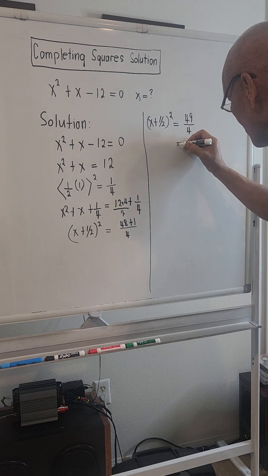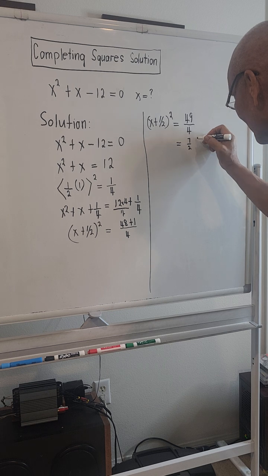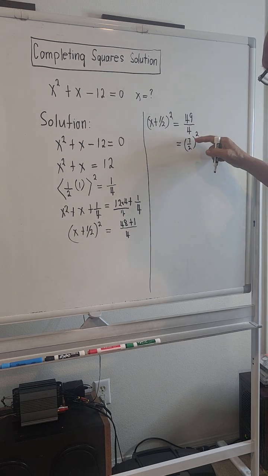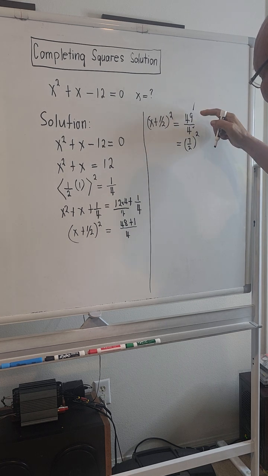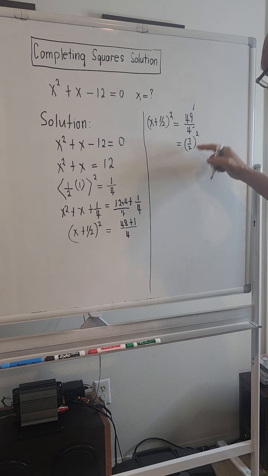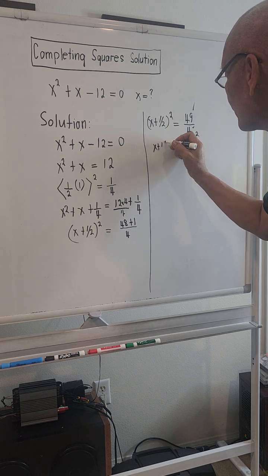Or this can be written simply as 7 over 2 quantity square. 7 squared is 49, 2 squared is 4. So the ratio 49 over 4 can be written as 7 over 2 quantity square, and they should be equal to x plus 1/2